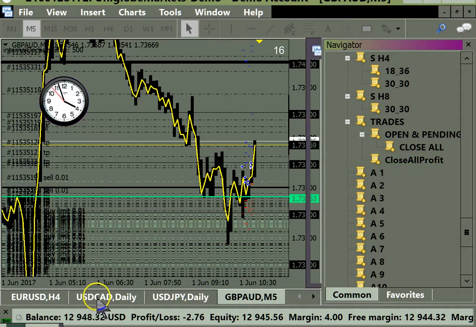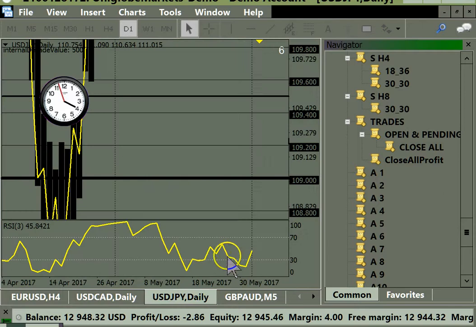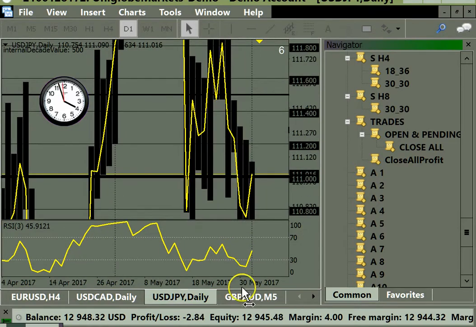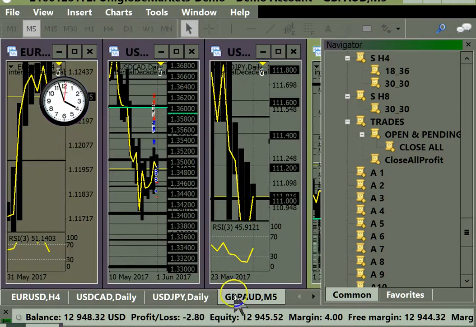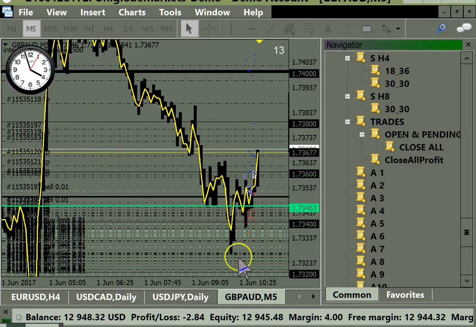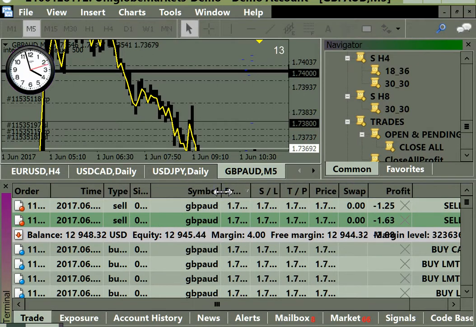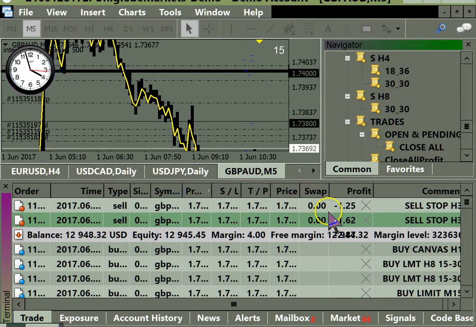I think I'm holding onto something here. Some losing trades here somewhere. Oh yeah, I just got in at a bad price on here. I'm holding on to a bad entry on the pound Australia. Oh, those are sells. I just got filled on those sells. So this is the thing. If you have pending sell,